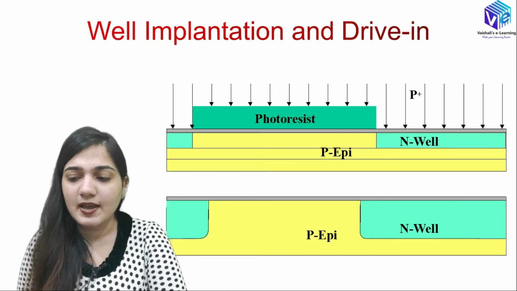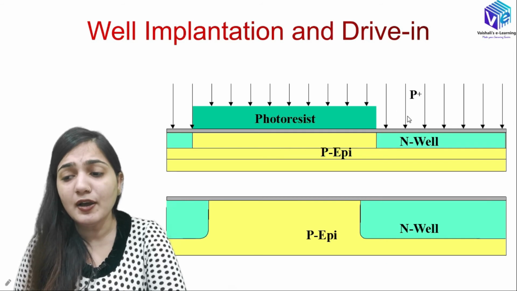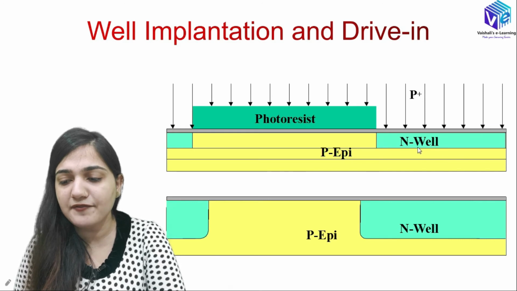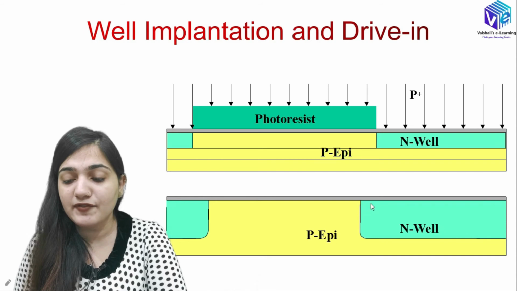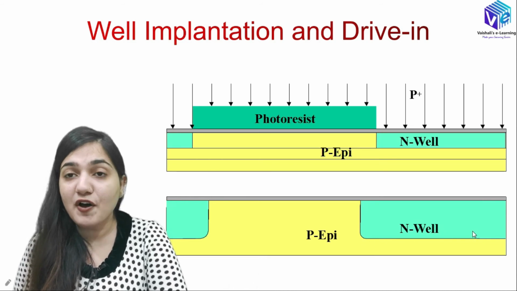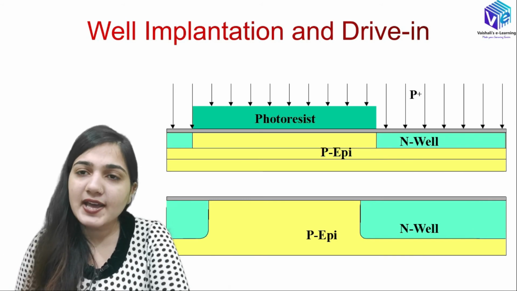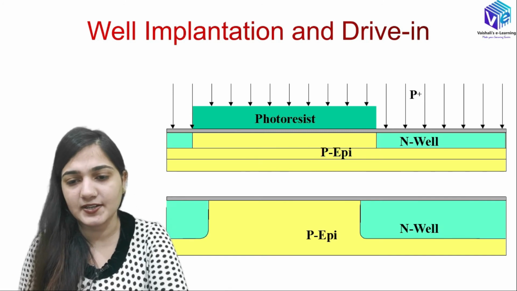So you can see with the help of ion implantation how the phosphorus ions are moving inside this silicon layer. So this is my epitaxial layer. It is not even crossing the epitaxial layer. So this is the N-well that we have formed. But if I want to form the N-well with the help of the diffusion process, you can see we have a much deeper N-well formed. So for the formation of wells, the diffusion process can be easily used, whereas ion implantation will be costly and will not give me satisfactory results.